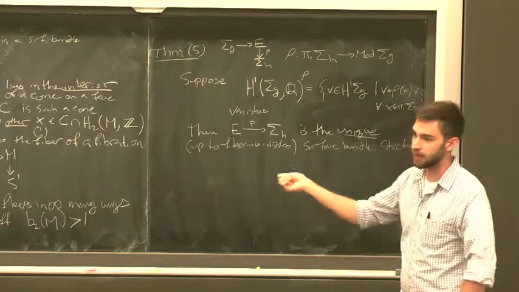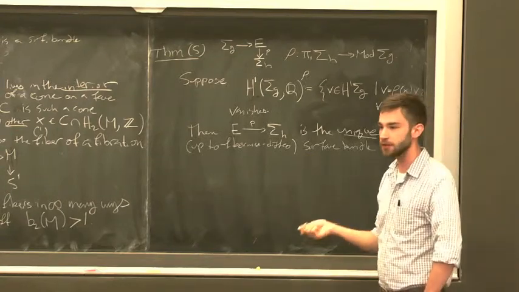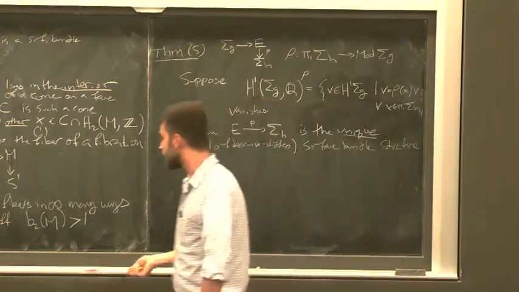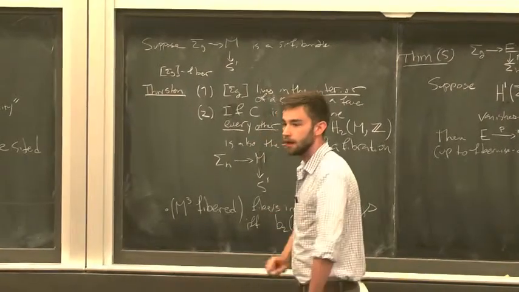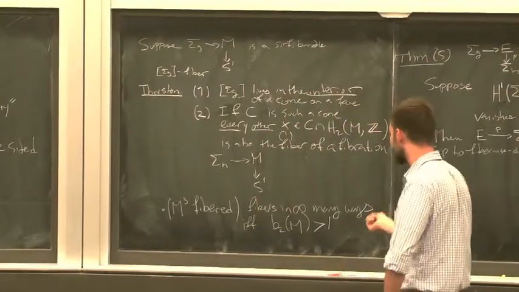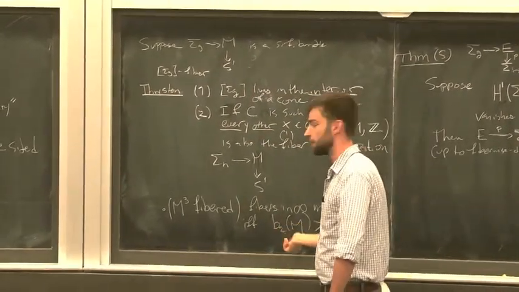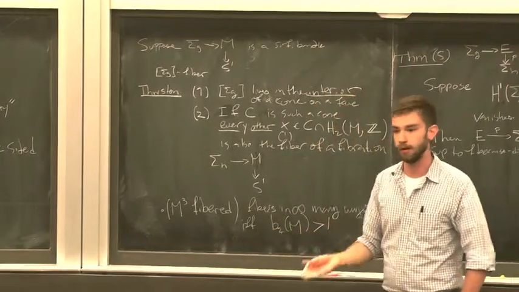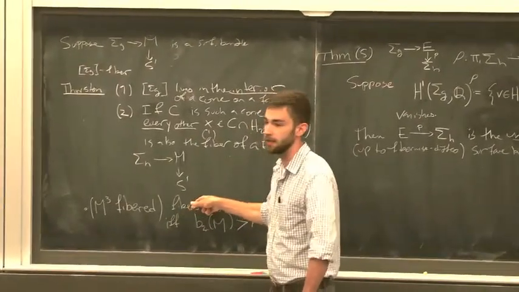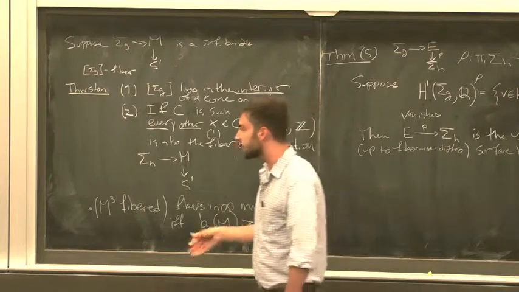So why does this fit in with the whole picture of the Thurston norm? Well, it comes down to this fact here: what does it mean to have second Betti number equal to 1, which is the situation in which you have a unique fibering? Well, if you compute